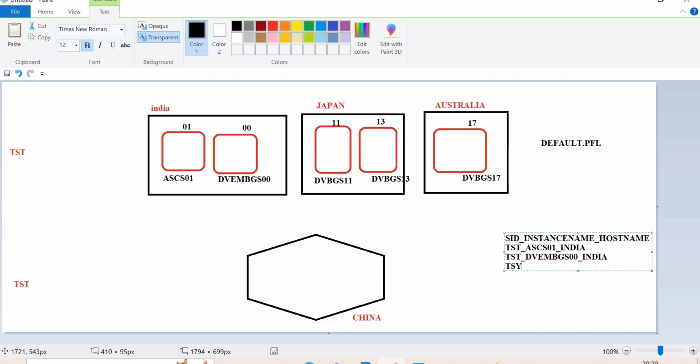Okay. TST underscore DVEBMGS11 underscore Japan. Very good.